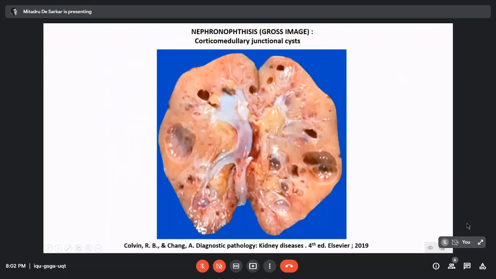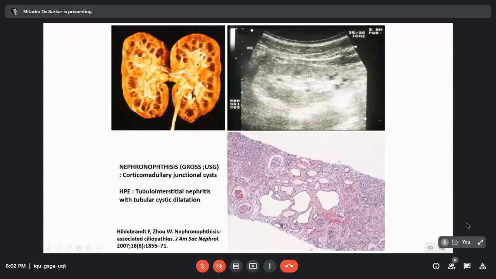junction. As you see, this particular picture shows this nice cyst which is located only around the corticomedullary junction interface. So this USG shows the same localization of these zones with low echo. As you see, the corticomedullary junction is showing this characteristic cyst, and microscopically you are seeing a whole lot of activity happening in the interstitium. It's very busy, it's very blue, meaning that there is a lot of interstitial inflammation, fibrosis along with tubular atrophy